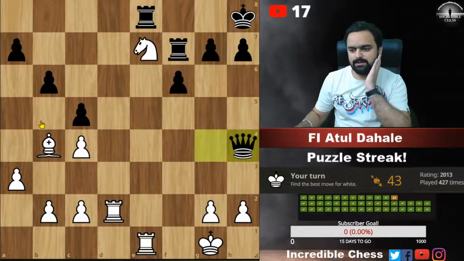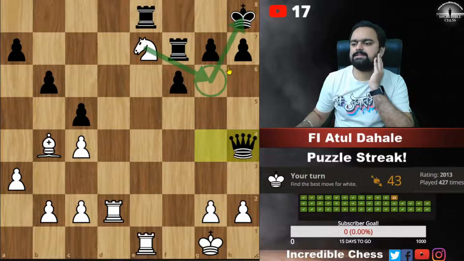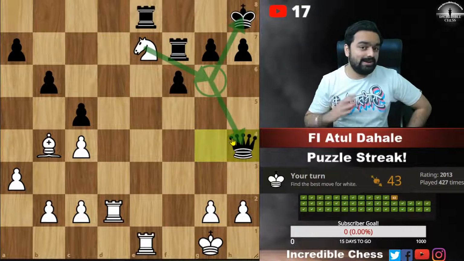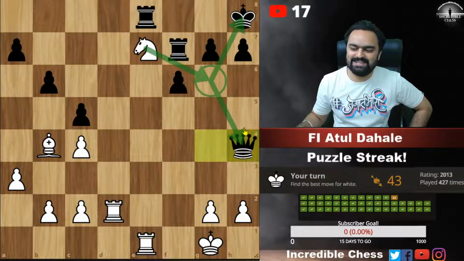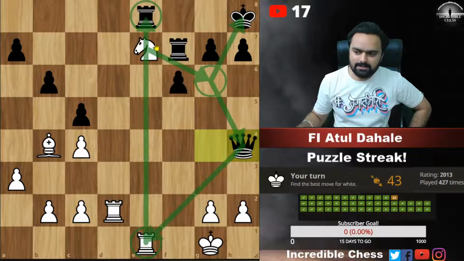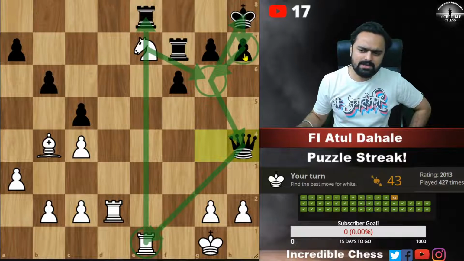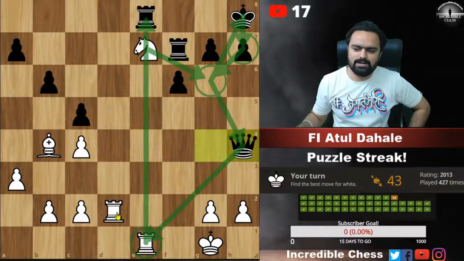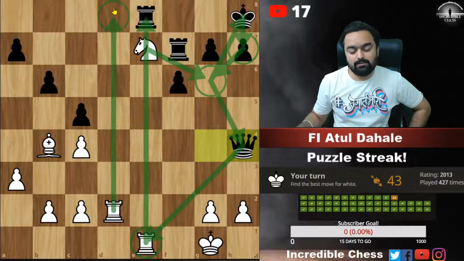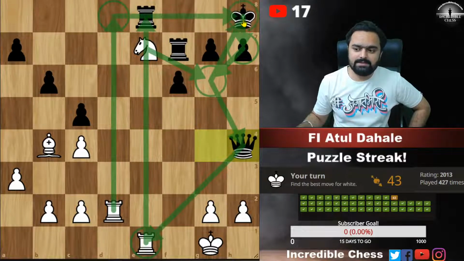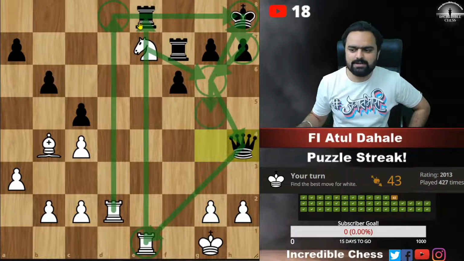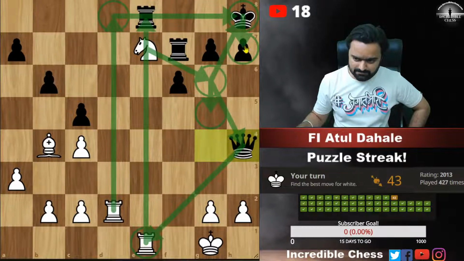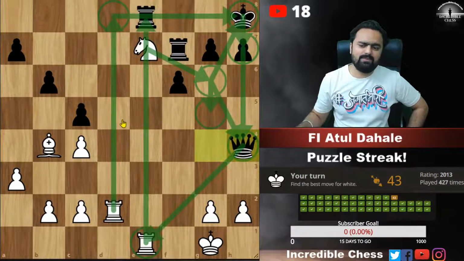So now here we can give this check. That's what I can see. Always calculate checks, captures, and threats, no matter what type of position is there. Our opponent is actually attacking the rook, but there is some discovered attack on e8, so we can give this check. If the pawn captures here, then we can capture rook to e8 check. King will come over here, and there are no particular checks, so we can go rook d8, and we have this rook to h8 check and mate. Even if the queen moves anywhere, rook h8 checkmate is there. If g5 is played, then we can play rook h8 check, king g6, and rook will capture the queen, and we will be a piece up in that case,